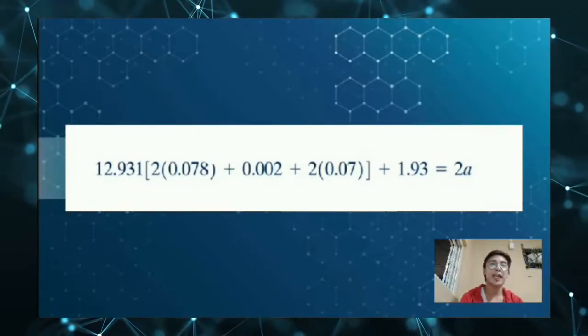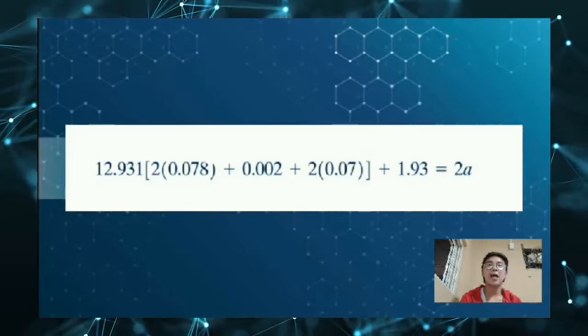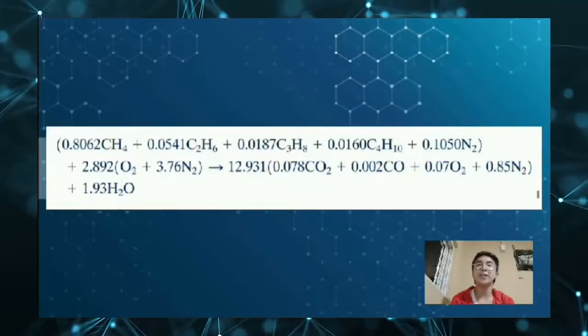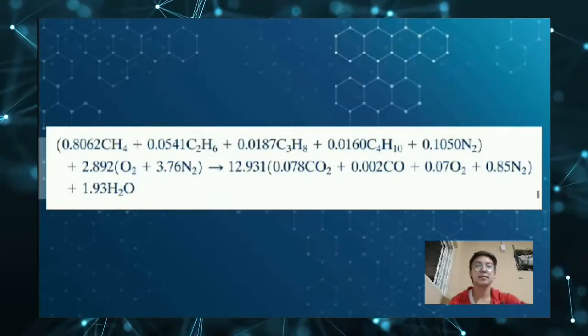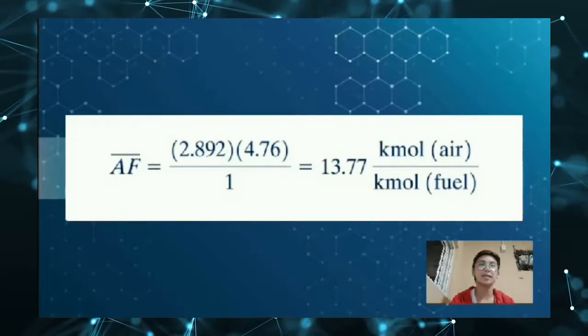The unknown coefficient A can be found from either an oxygen balance or a nitrogen balance. Applying conservation of mass to oxygen, giving A is equal to 2.892. So the balanced chemical equation is then. The air-fuel ratio on a molar basis is, by inspection of the chemical reaction equation, the total amount of product is B plus C is equal to 12.931 plus 1.93 is equal to 14.861 kmol of products per kmol of